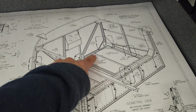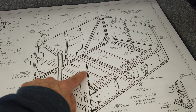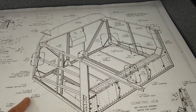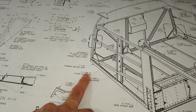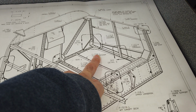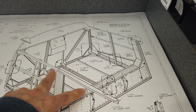I've started working on these floor stiffeners that you see here. There are four of them. There's one here, here's another, and here's another. Pay close attention to the part numbers for the stiffeners because there's a 772 Bravo right, there's two of those, and then there are two 772 Bravo left stiffeners. So make sure you get the lefts and the rights in the proper locations, and also make sure that you